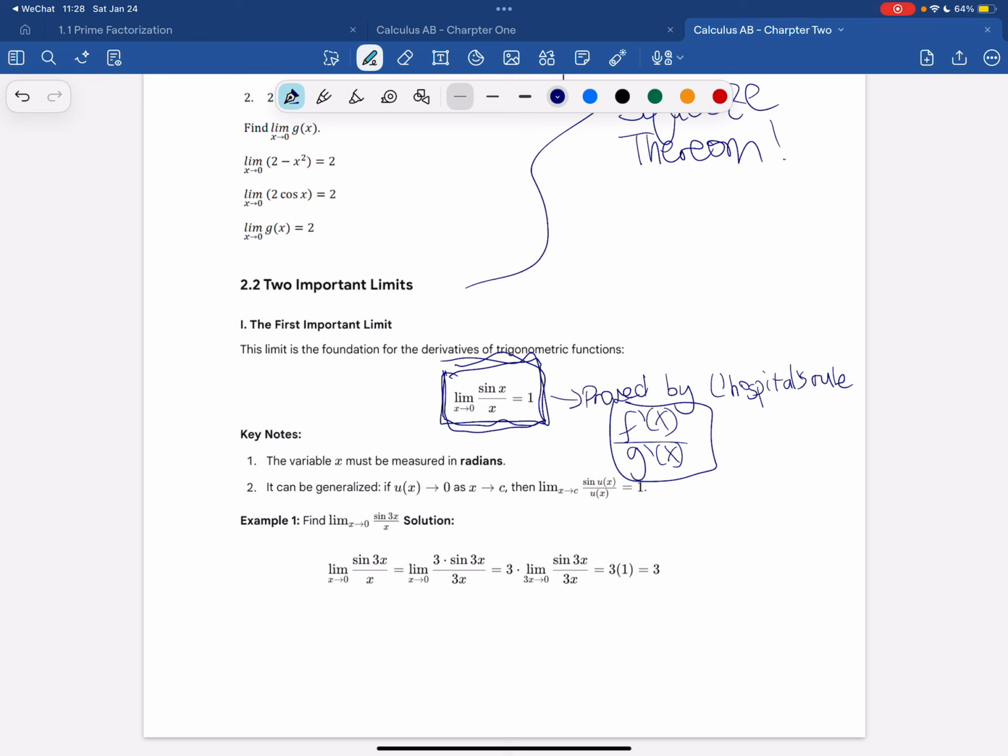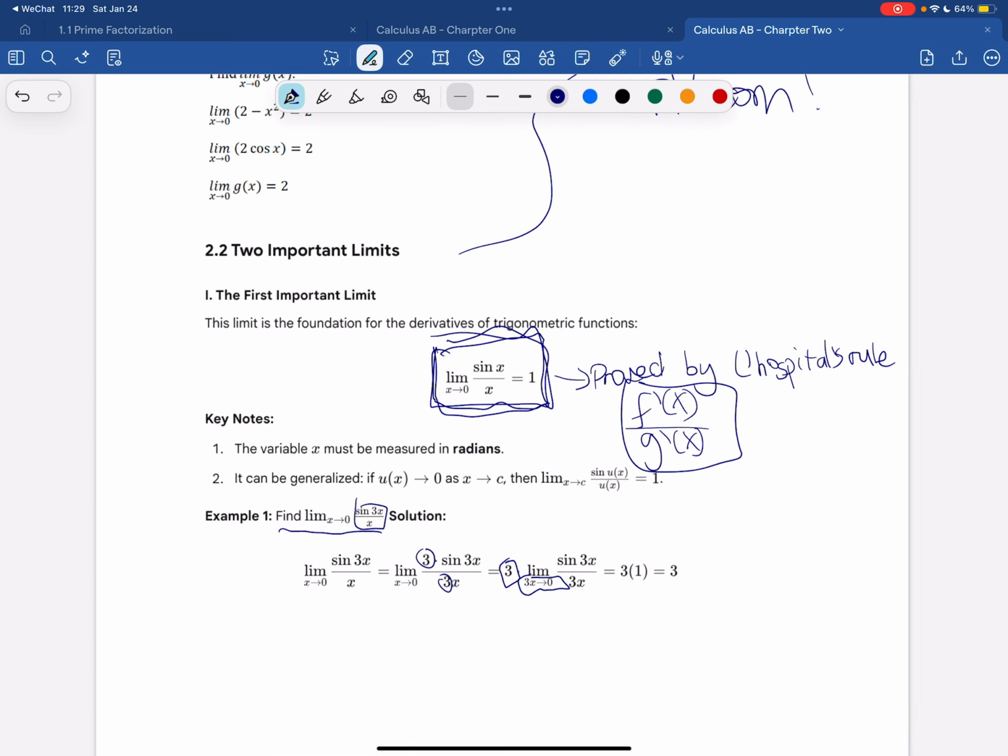So the limit as x approaches 0 of sin x over x equals 1. Okay, so here you just need to memorize this, it's not that important, but I will give you an example question. So find the limit as x approaches 0 of sin 3x over x. So for sin 3x over x, first of all, we can multiply both sides by 3. As you see here, we multiply both sides by 3. Okay, and then we take that 3 out,